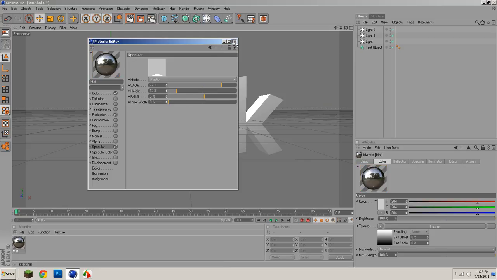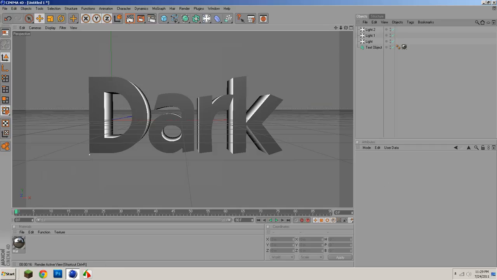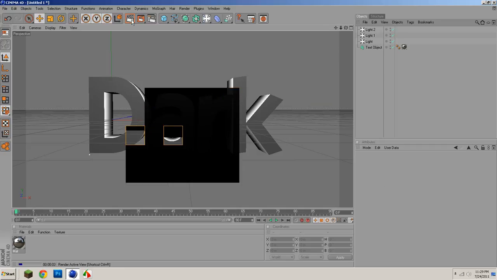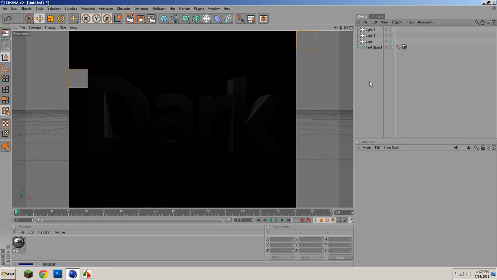And once you have all that done, you can see now it gives it a nice little finish, and if you just put that on your object of whatever you're doing, you can't really see it in here that well,